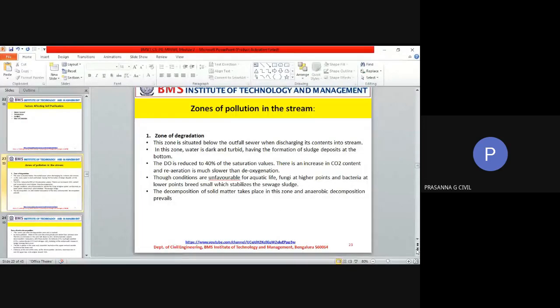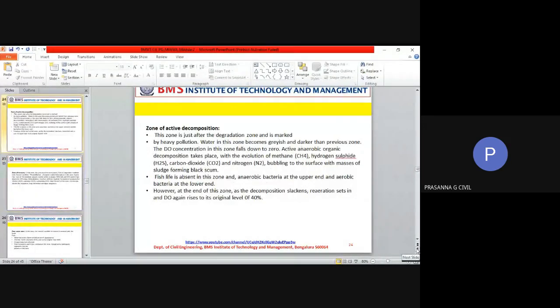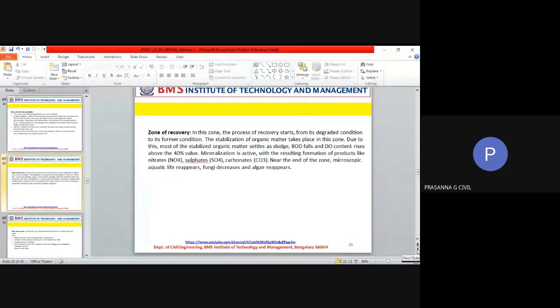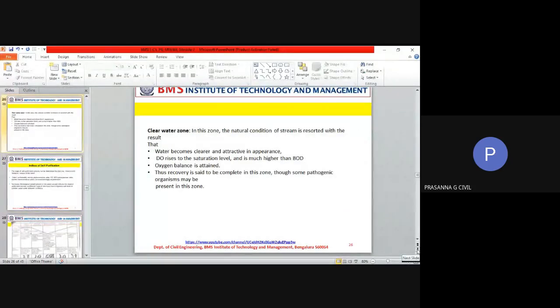So we have looked at the zone of degradation, decomposition, recovery, and the clear water zone. So these are the 4 zones of pollution that happen when a stream gets a pollutant or contaminant as a waste stream